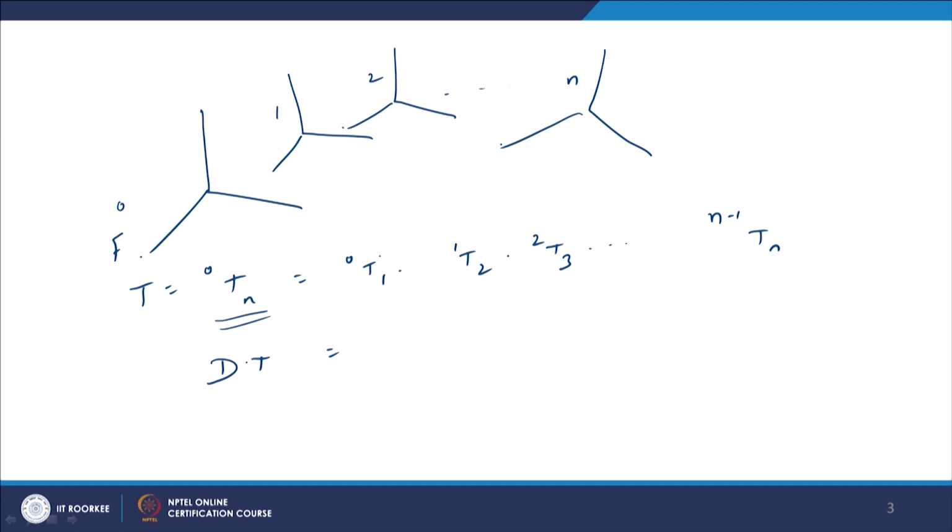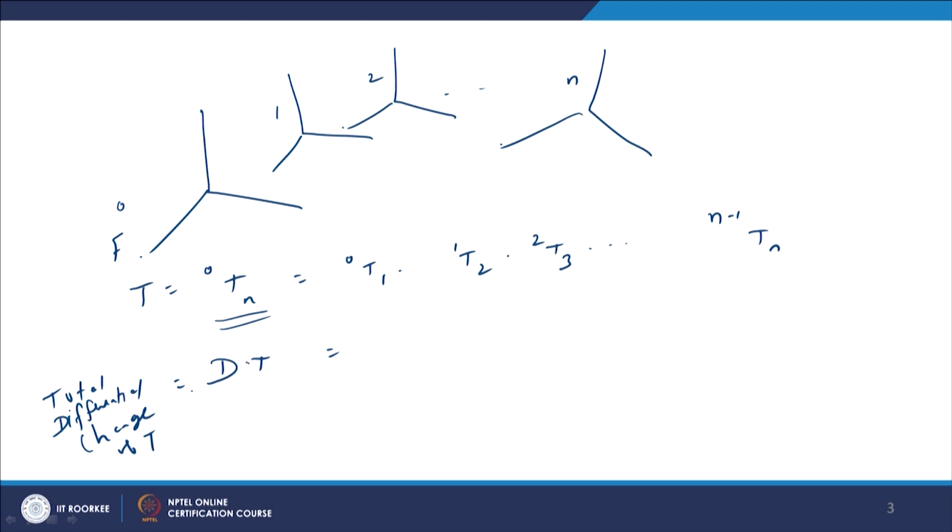We have to add all such changes, because these are all partial changes. If you consider only one change in one of the frames, that is a partial change that will affect the end frame. Now, if you add all such partial changes, we will get the total differential change of T. So, finally, that is equal to dT, let us say.